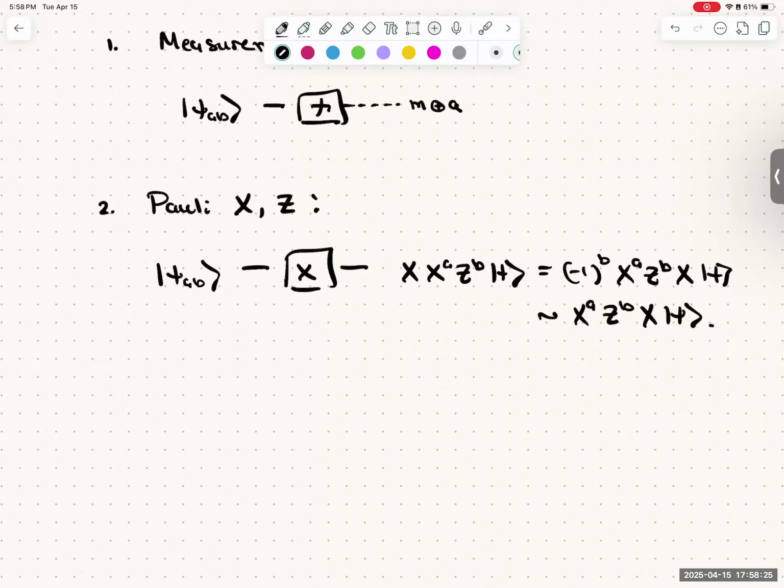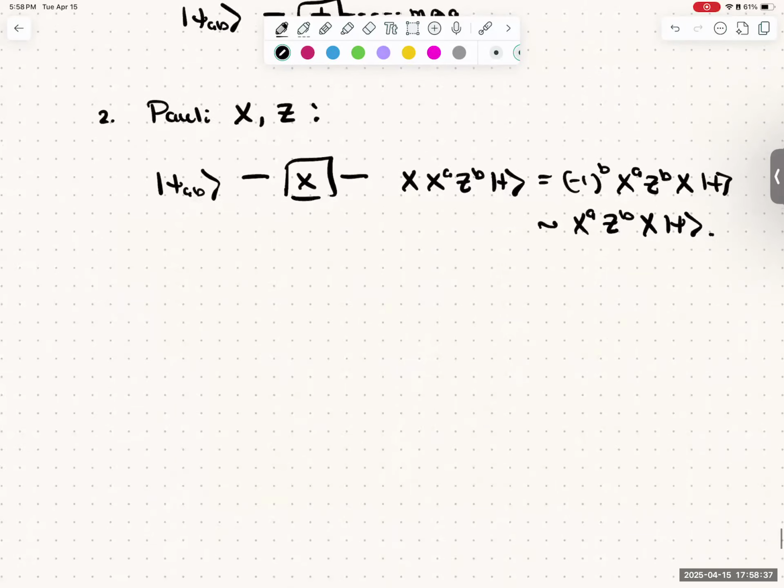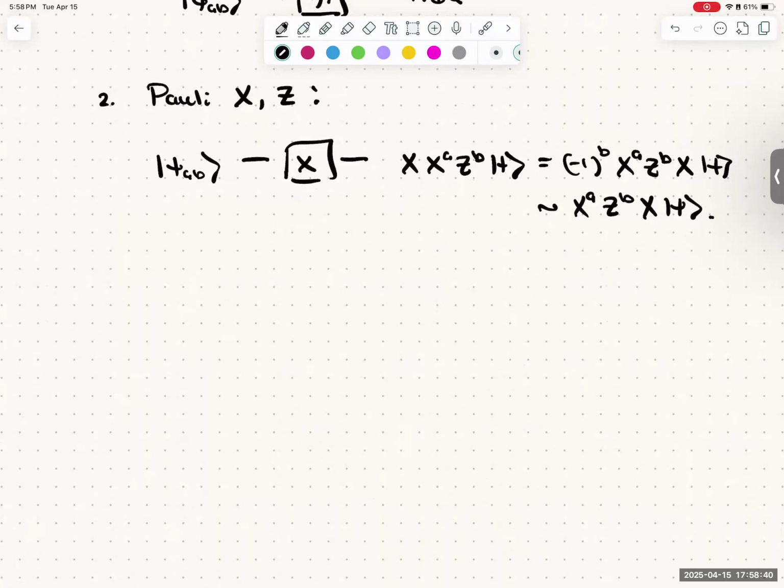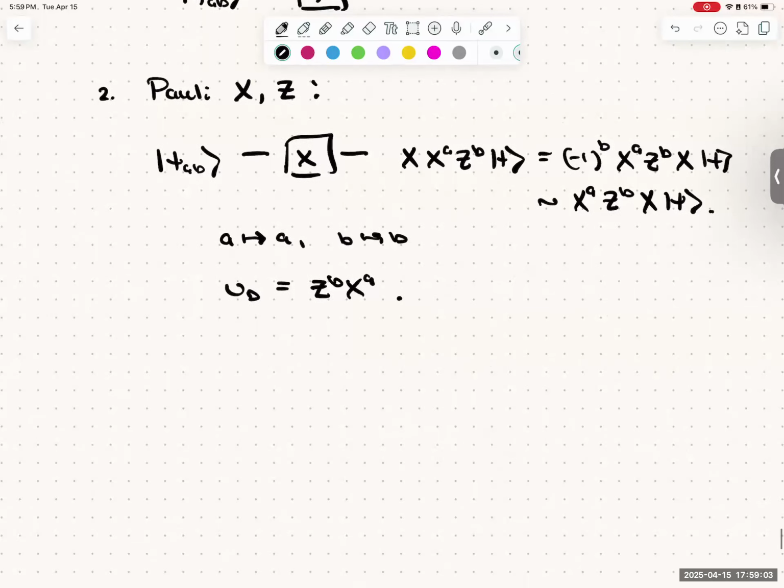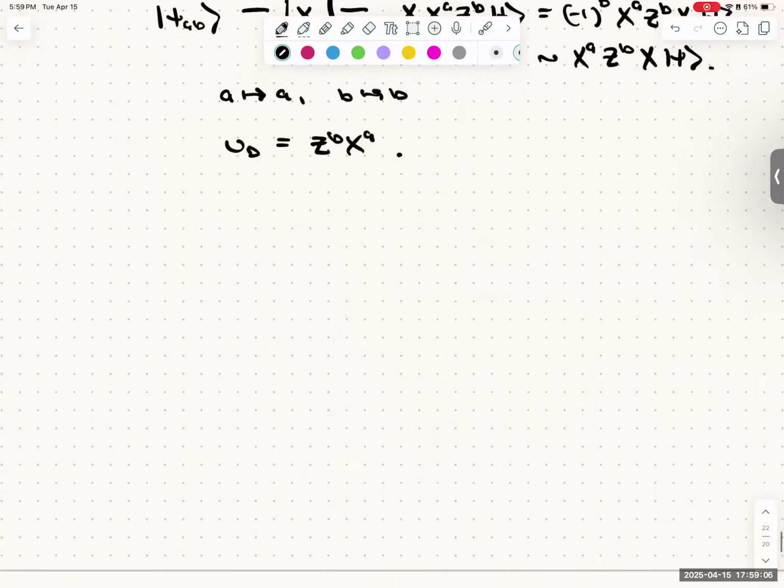You've implemented the X gate, and the client doesn't have to do anything to modify the input bits. They know exactly how to apply these. It just stays the same. So you could say the keeping track of the keys is the trivial operation. A goes to A, B goes to B, and the decryption unitary is going to be Z_B X_A, which the client applies when they receive the qubits again.